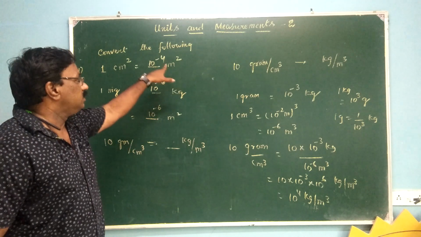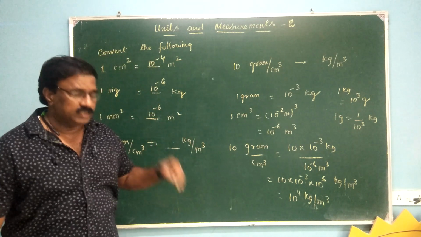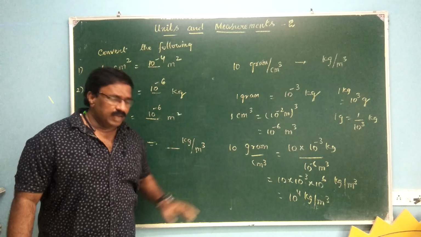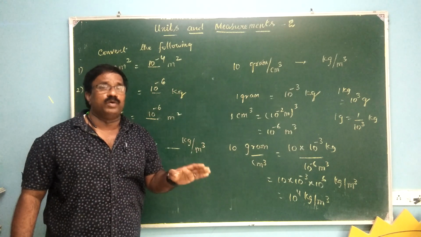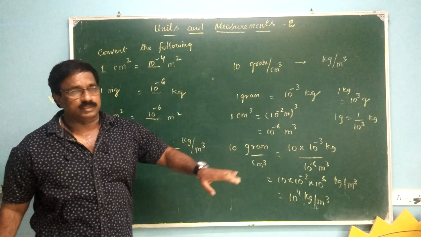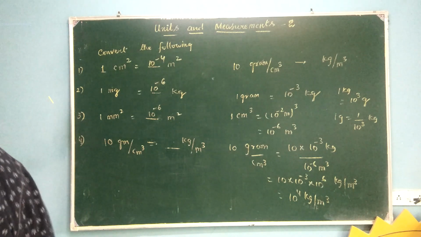I'll explain once again these conversions, which are very important and very necessary for us in doing numericals. Most of the time they won't give it to you directly, they will give it indirectly, and it is necessary for us to convert that into the SI system, and this is the way to convert. Understood? Let us see some more examples now.